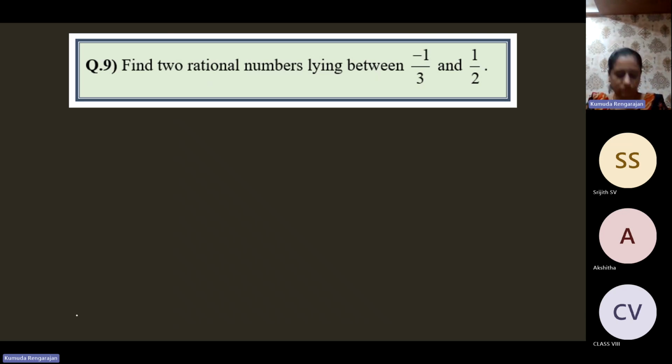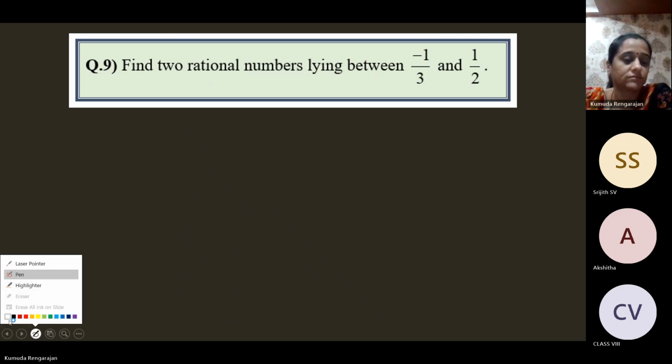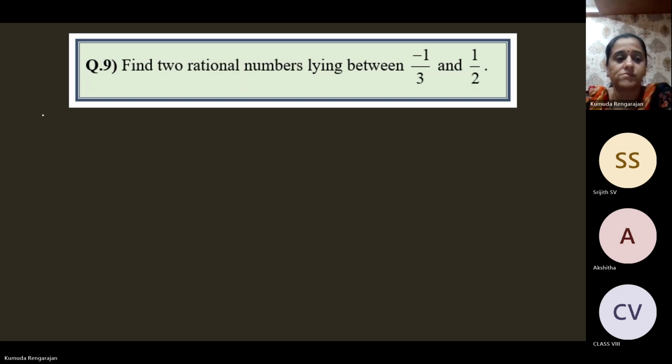Yeah, try this one. Use both the methods, equivalent fractions and mean method. So method 1,